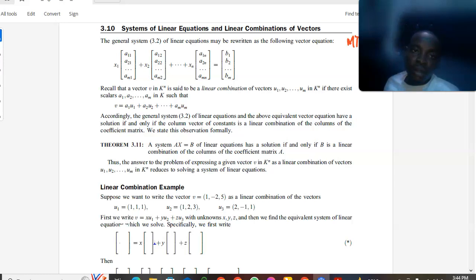From what I have here, the general system 3.2 of linear equations may be written as the following vector equation: x1 times a scalar plus x2 times another scalar, up to the variable xn times the nth scalar, to give you the vector v. Now recall that a vector v in Kn is said to be a linear combination of vectors if there exist scalars in K such that